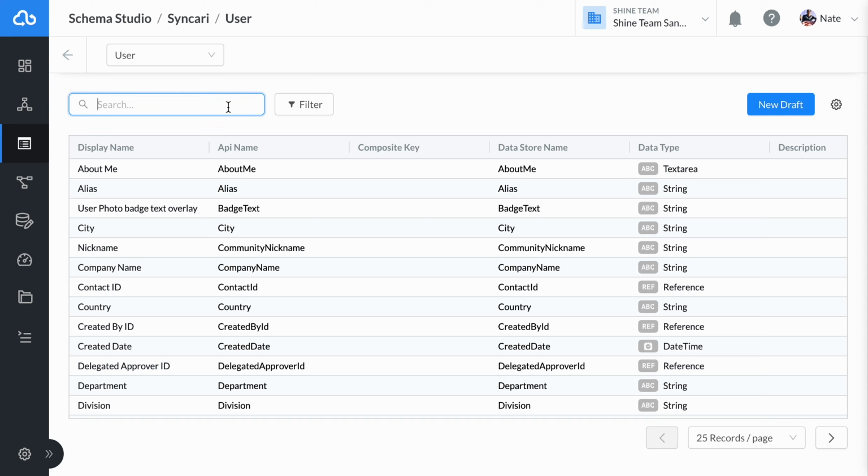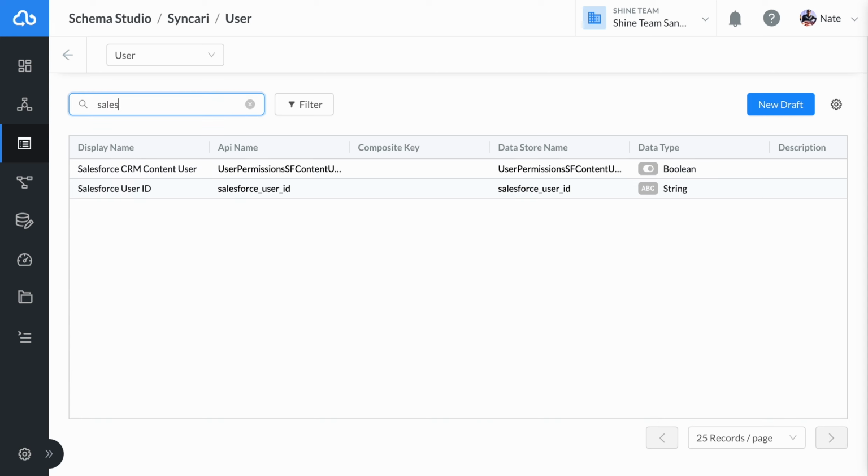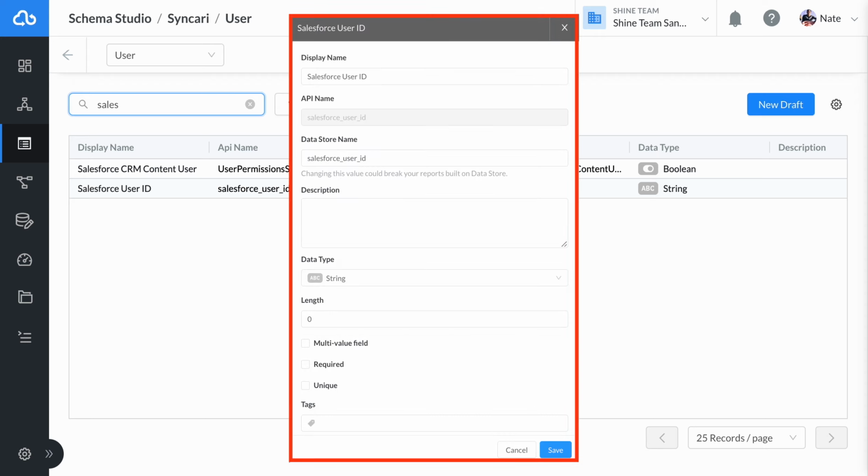The first field that you're going to want to create and make sure that you have is a field called Salesforce User ID. If you've already got this, that's great. Essentially, what this field is doing is making sure that the user records inside of your Syncari also have a field that shows what the Salesforce user ID is, because that's how we're going to have the identification for who's going to get assigned these leads in this round robin process. So make sure you have that set up,